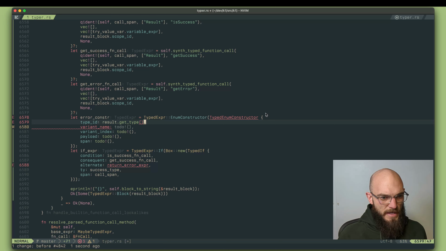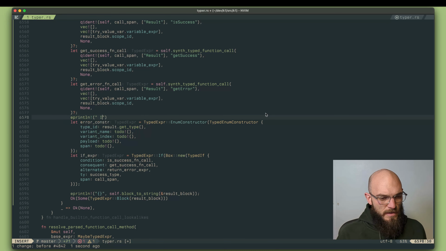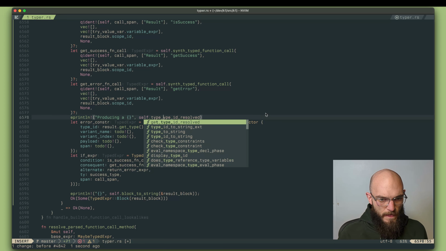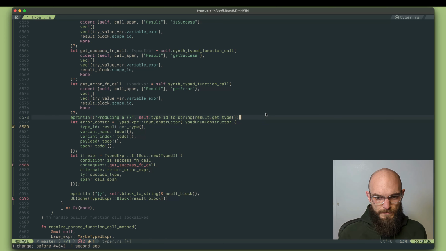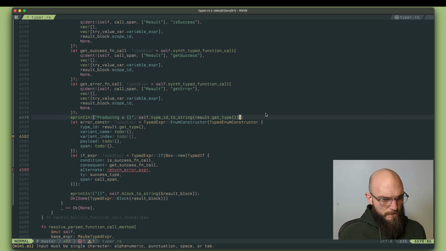And we'll even log what we're making here. Producing a, and we should probably put result.getType in a local because we've used that a lot of times. Okay. The variant name. So this is interesting. Oh, right. We're not doing an enum constructor at all. We need to call the ability function. That's so much better. So instead of error conster, we're going to say make error